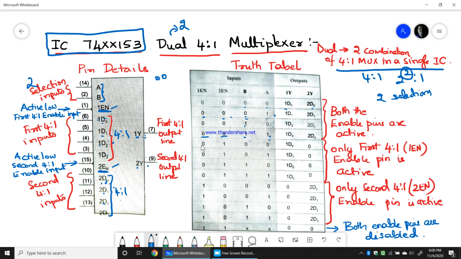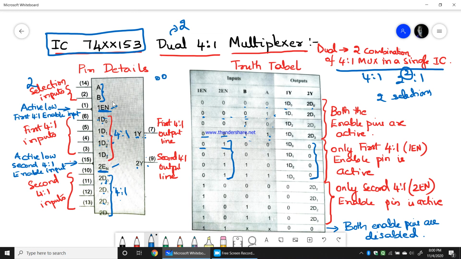Now you see 1EN is 0 and 2EN is 1. It means that you have enabled the first 4:1 mux and disabled the second 4:1 mux. As you have disabled the second 4:1 mux enable pin, all the outputs of the second 4:1 mux will remain 0. So 2Y will remain 0 for all 4 values.